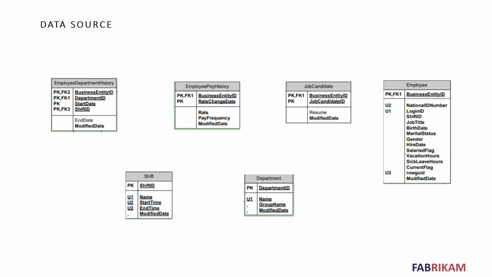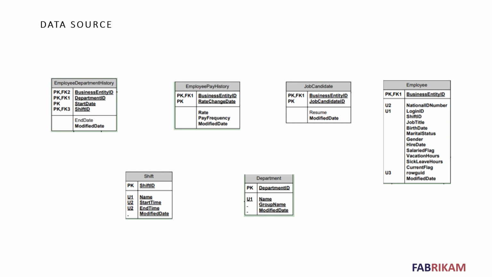The data type of job candidate ID is numerical or integer. For resume and modified date, the resume is an XML, and the modified date is interval or date. And then for the employee,